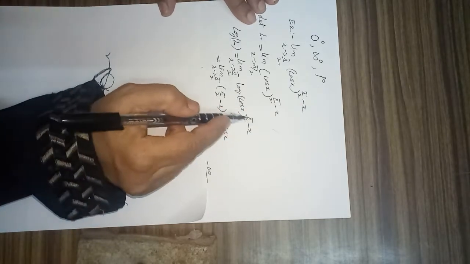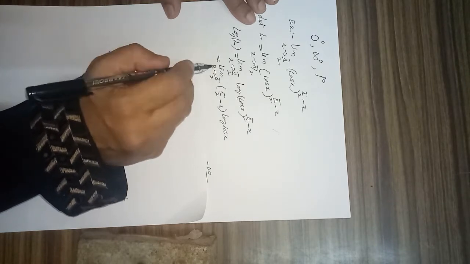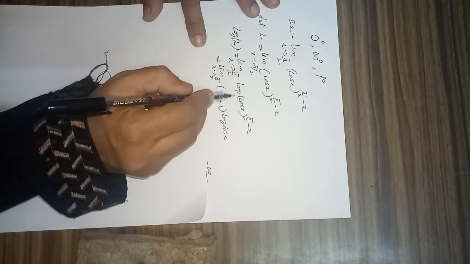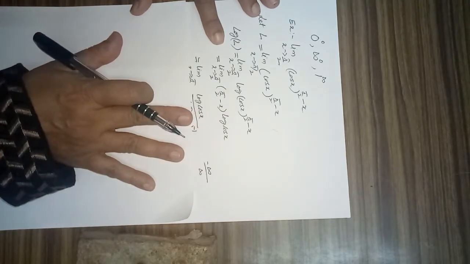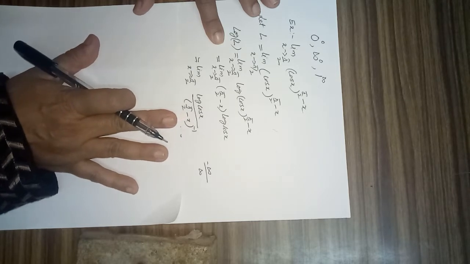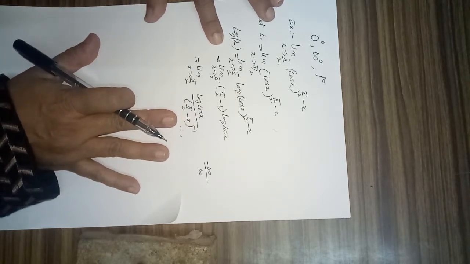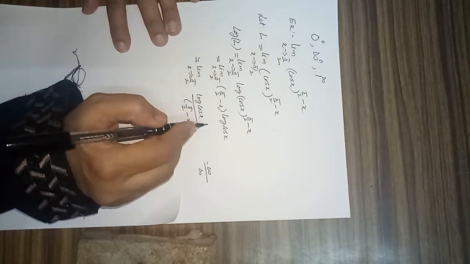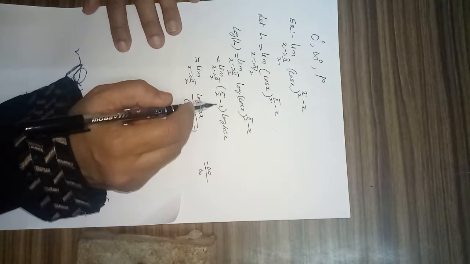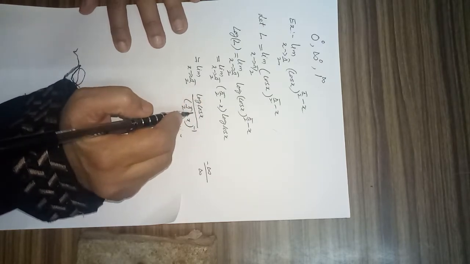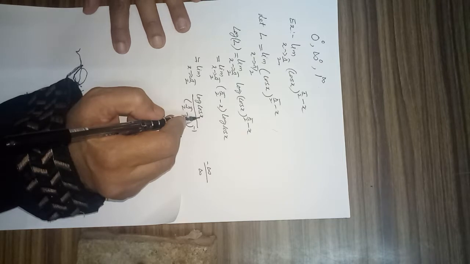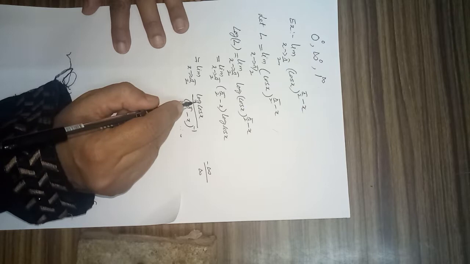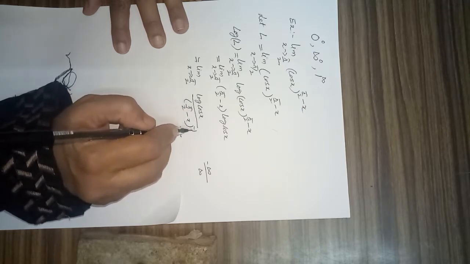Then this power becomes a multiple. Limit as x tends to pi by 2 of pi by 2 minus x into log of cos x. Actually, we have to reduce it to either 0 by 0 or infinity by infinity. It's a little difficult to bring log of cos x to the denominator, whereas we can bring pi by 2 minus x to the denominator easily. Hence, log of cos x I keep in the numerator itself, and this I shall bring to the denominator by raising to the power minus 1: log of cos x divided by pi by 2 minus x raised to minus 1.